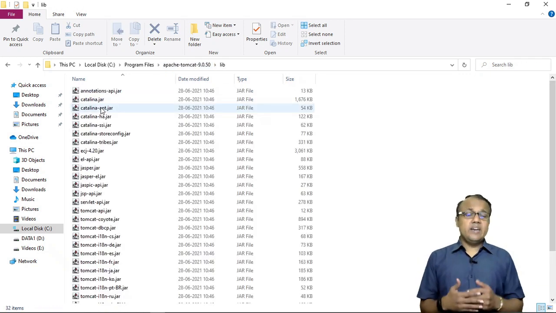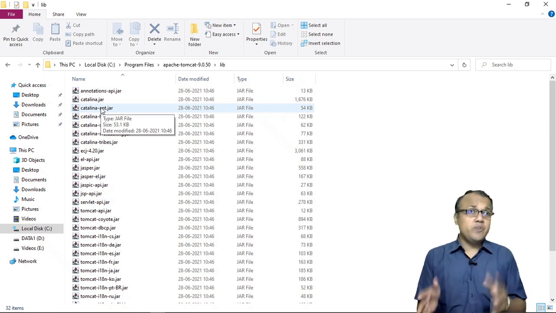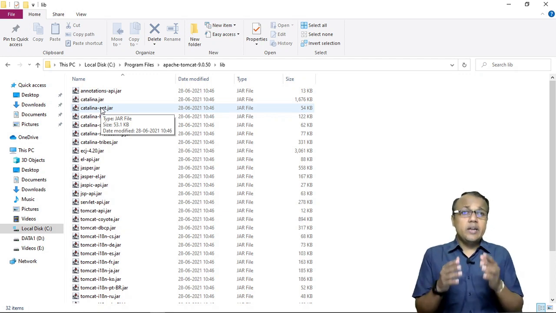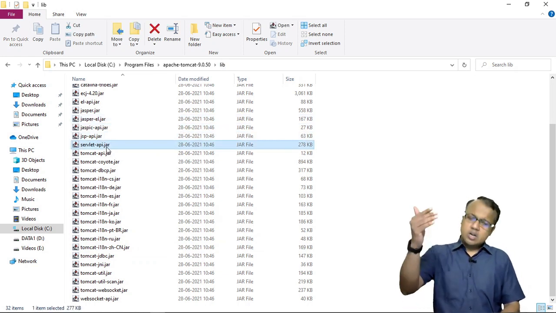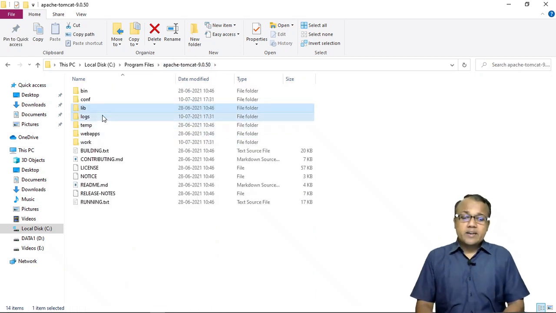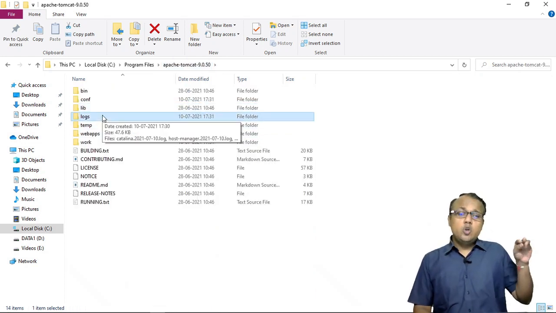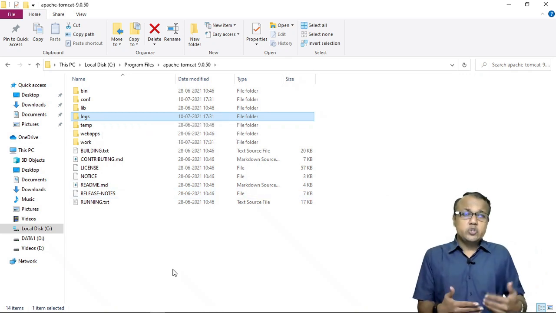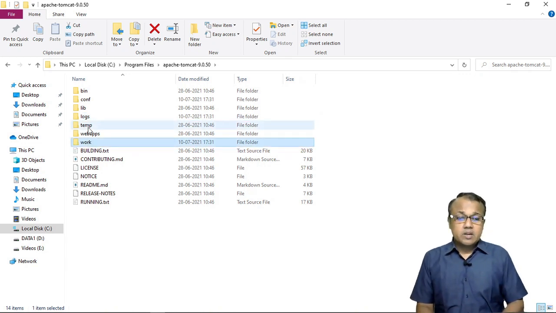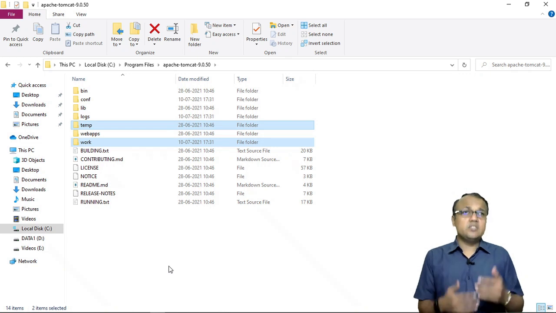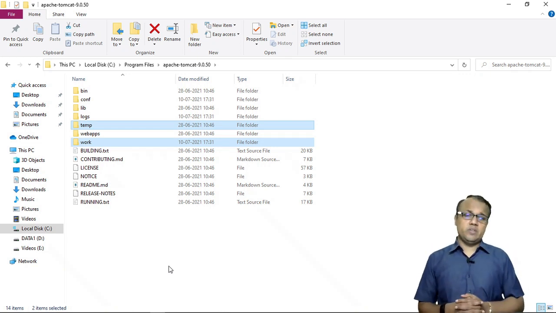As you are aware, Tomcat is a Java EE compliant web server. So Java EE specifications are implemented in the jar files located in the lib directory. There you can note JSP APIs, Servlet APIs and other implementations. Apart from that, the logs directory stores the logs of each execution of the Tomcat server. The temp and work directories store some temporary files during the execution of the Tomcat web server.